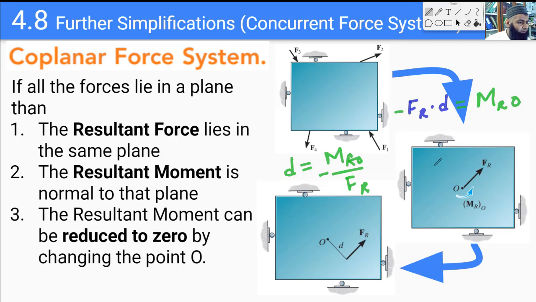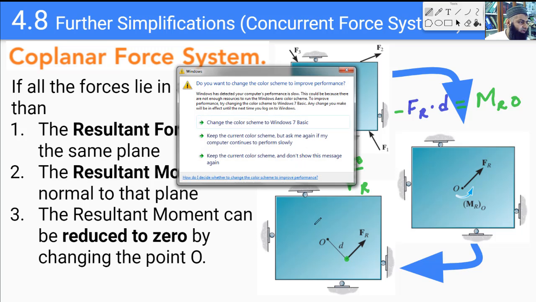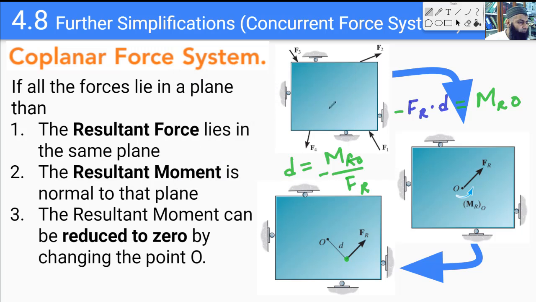Okay, so in this coplanar force system, we can choose a point here. This is the point where we can resolve all of our forces by just one resultant force, and we do not need to worry about the couple moment if we represent our forces at this point. Again, if we were to choose any other general point, the resultant couple moment would not be equal to 0. This is the property of this special point, that the resultant couple moment ends up being 0. Okay, so this is our second case.